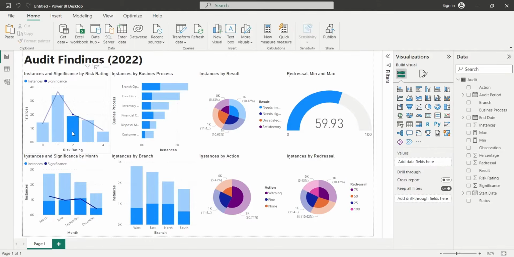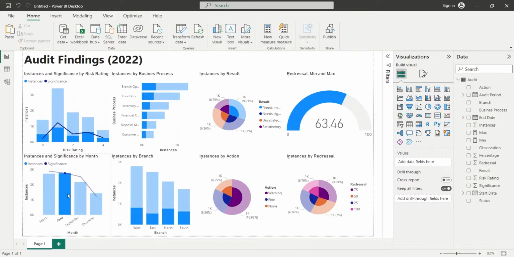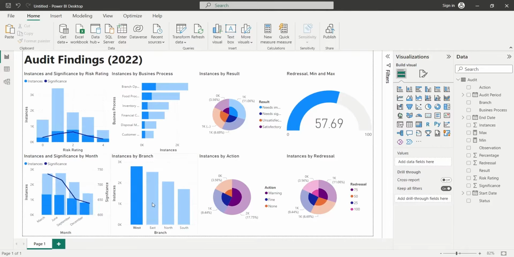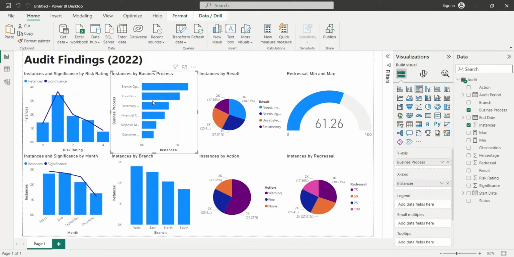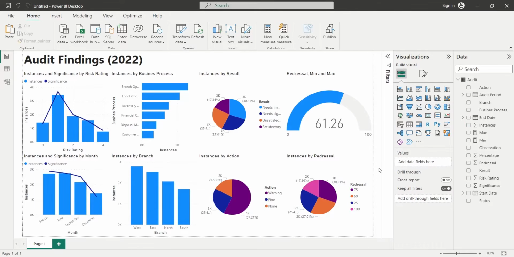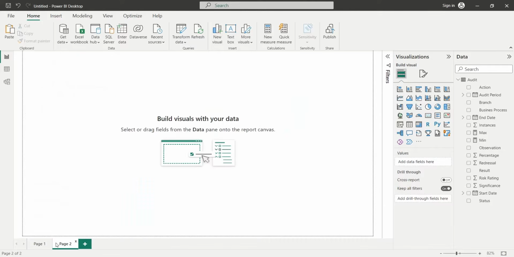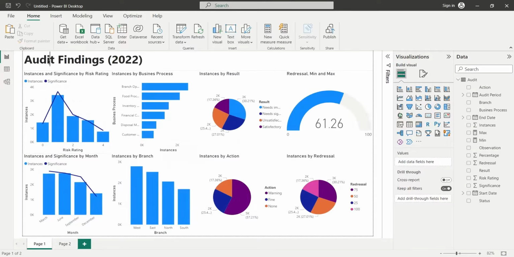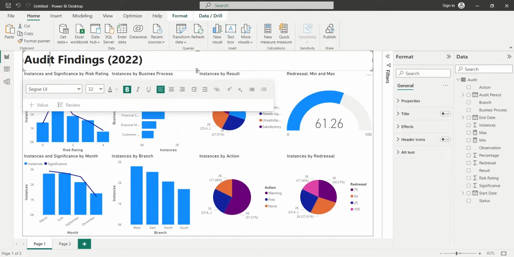This dashboard displays all the audit findings from the completed audit. However, we still have audit in process. And to display the information from the audit in process, we will create a new dashboard by adding a new page. On this dashboard, first we will copy the title from the previous dashboard,